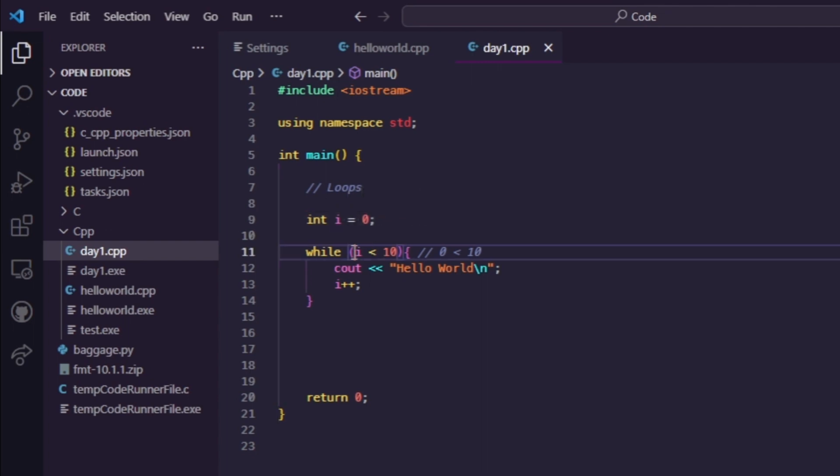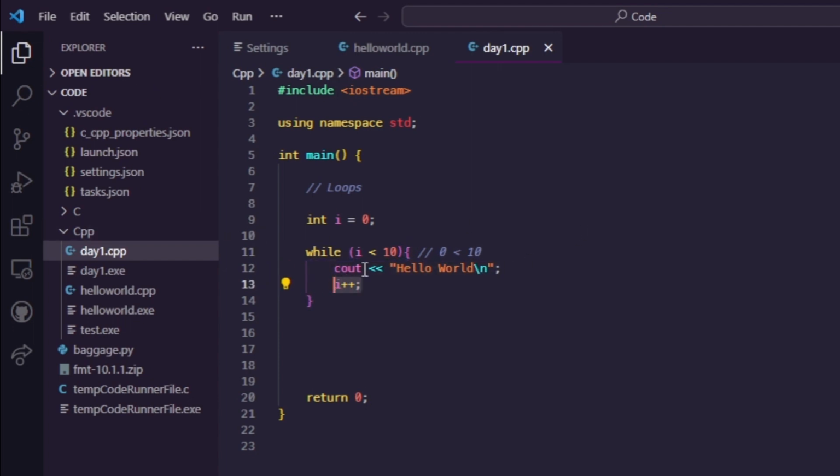And then I'm comparing that variable inside of this while loop. So I'm evaluating whether this is true or false, and we're going to substitute that here in a comment. We have I less than 10. We know that I equals 0, so 0 is less than 10. This is true, so it's going to execute the inside of this code, which is to print out hello world